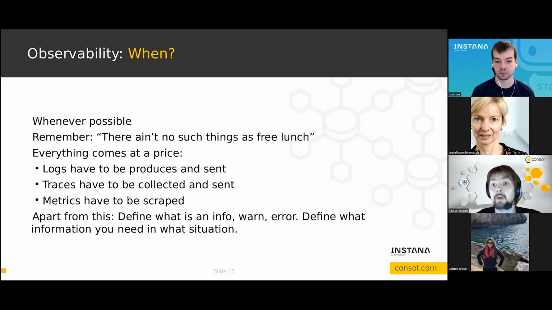You are not going to react to alerts anymore, and this is a really, really bad thing. This can get you in trouble really quickly. So define clearly what is an info, what is a warning, what is an error, and also define in which situation what information do I actually need, especially what information do I need to solve the problem. That's important.